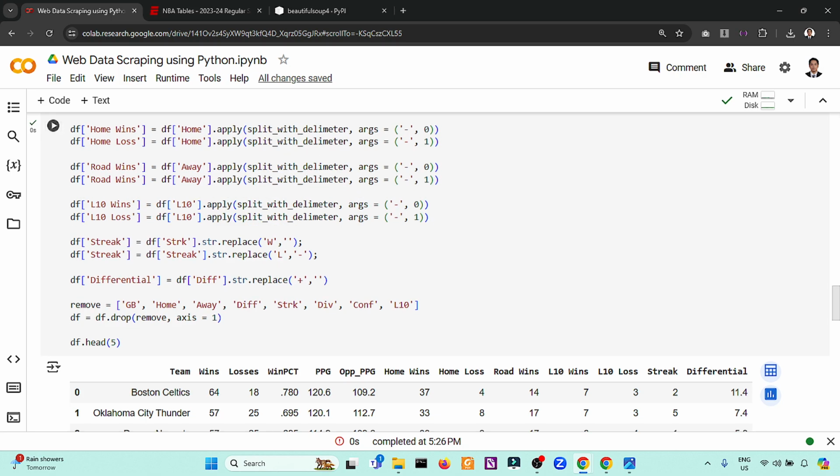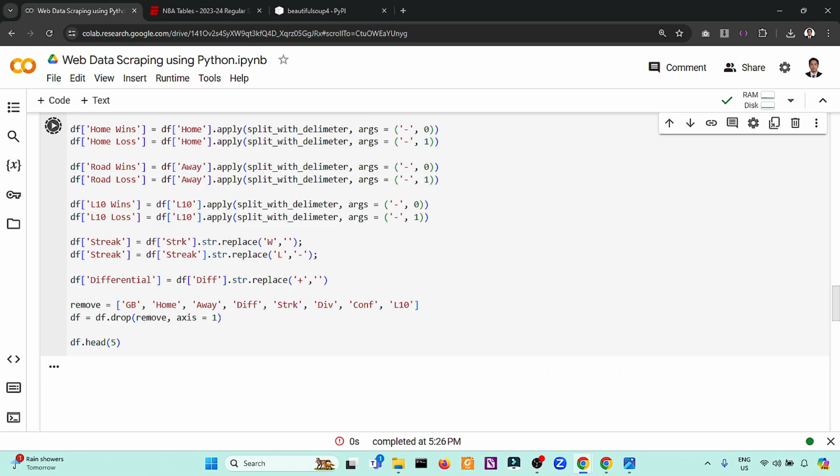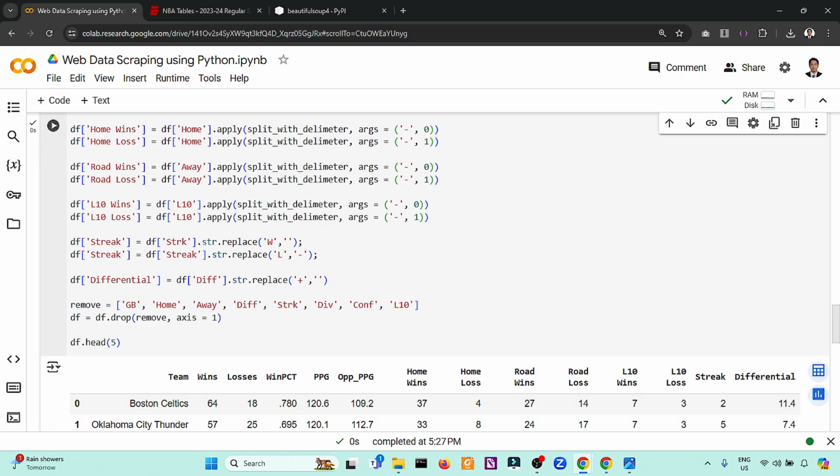Okay, so L10 wins. I think we don't have a road loss here. So this is L10 wins. So this is L10 loss. Oh, okay. So this one, we have an error here. So this will be road loss because both are road wins. So let's see.